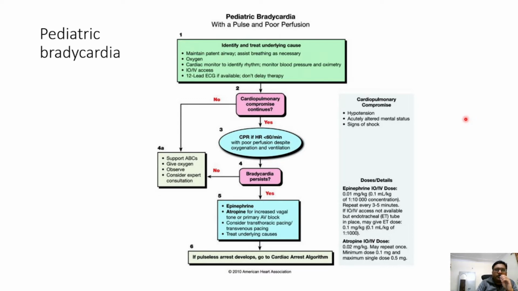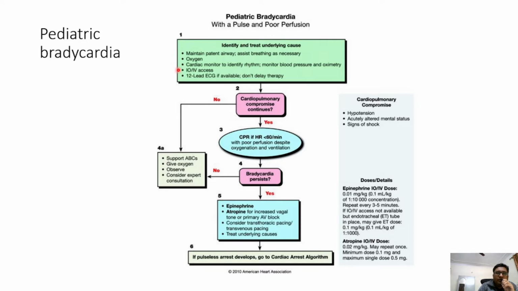Whenever there is a bradycardia, that means heart rate in adults is less than 60. But then we have to identify other problems, such as poor perfusion. Sometimes in adolescent kids, the sleeping heart rate may go as low as 45 or 50, but perfusion is the important thing. If perfusion remains fine, then we don't need to intervene. If you have a very slow heart rate for the age and poor perfusion also, say delayed CFT, altered sensorium, decreased urine output, then you first check the airway,